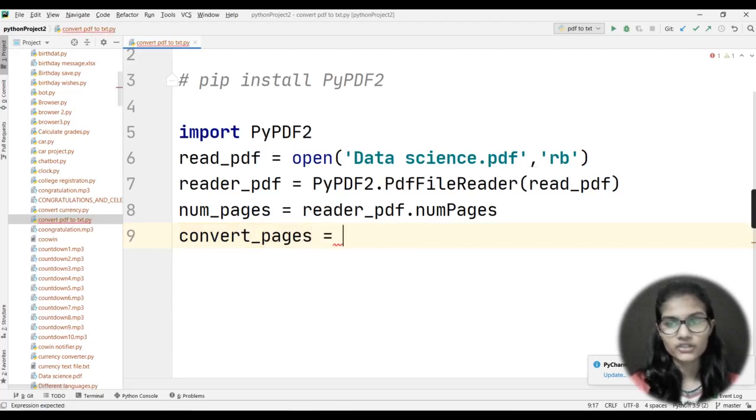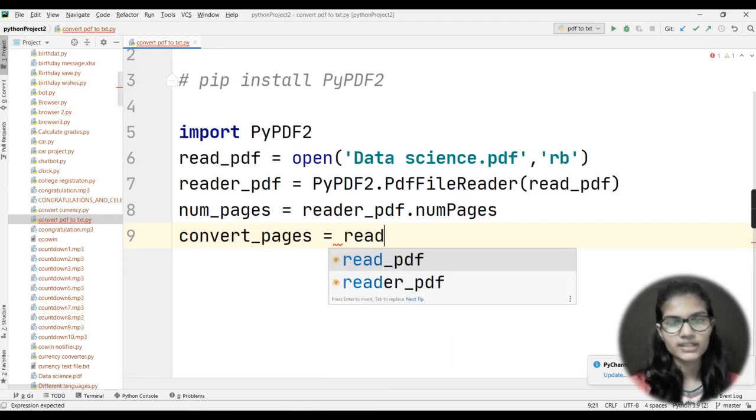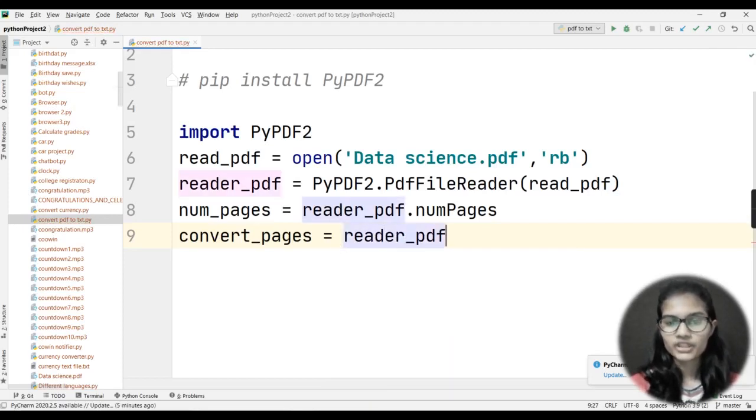Okay, convert_pages. It means how many pages I need here to be converted. After that I would use the variable which I had made, and that is reader_PDF. Into this variable I have stored my PDF file reader. I read my file, so that I have done.